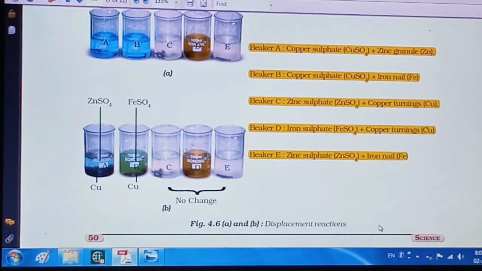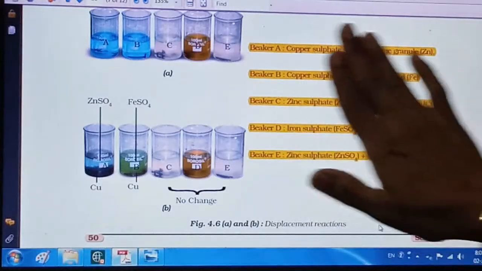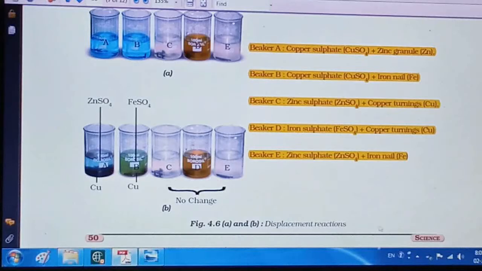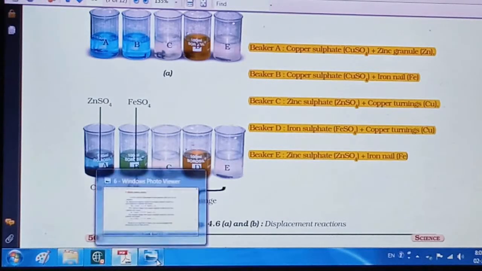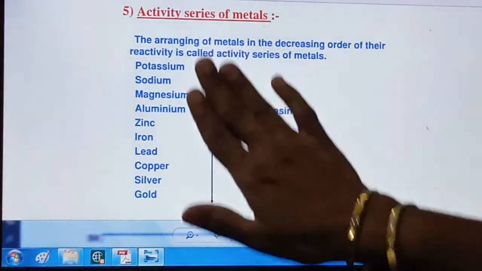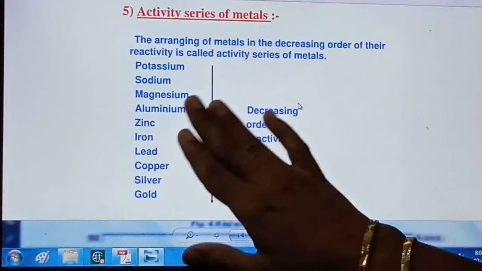Now why is this here? To understand this reaction and what happens over here, you need to understand the reactive series. So let's see the reactive series. This is the reactive series, right? What is meant by the reactive series? When we consider the reactive series, just remember that we have arranged the metals from top to bottom. And the arrangement is like this.